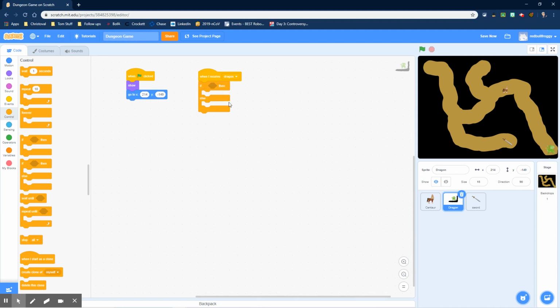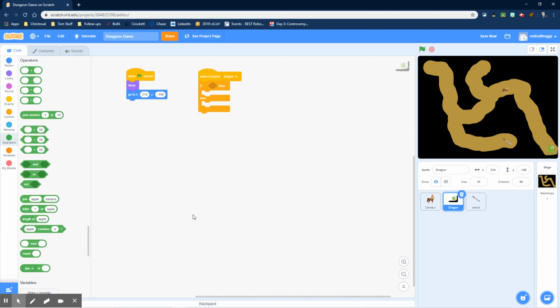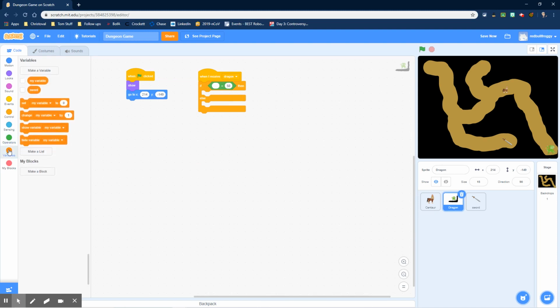We made a variable called sword, so we can check our variables. We're going to go into operators, and we made it equal 1 and 0. So if sword equals 1, we're going to go down to our equals box, and we're going to get our variable. Our variable is sword. So if sword equals 1,